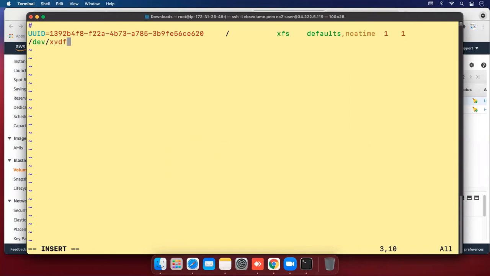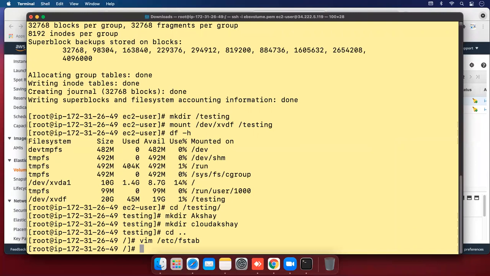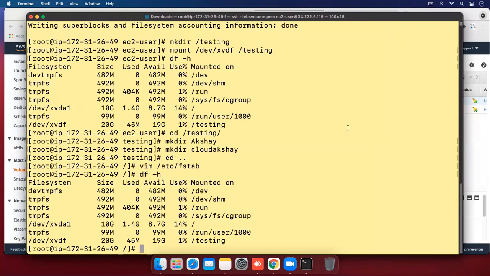This is my disk, and the mounting point is /testing, and the file format is ext4, and set defaults 0 0. Save and exit, hit enter. So you can see in df -h the 20 GB is mounted here successfully, and also the 10 GB is already mounted here. So successfully done.